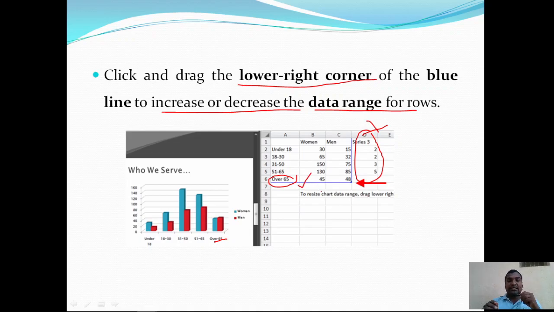Okay, so like this you can resize the chart data range. You may include, you may decrease, you may exclude. That can be done with the help of the lower right corner of the blue line.